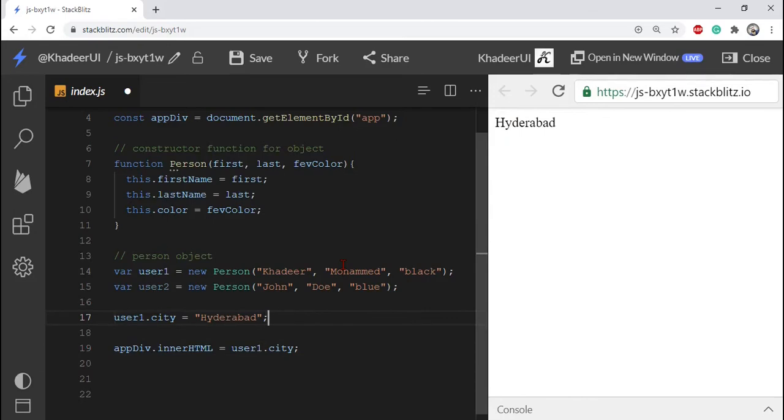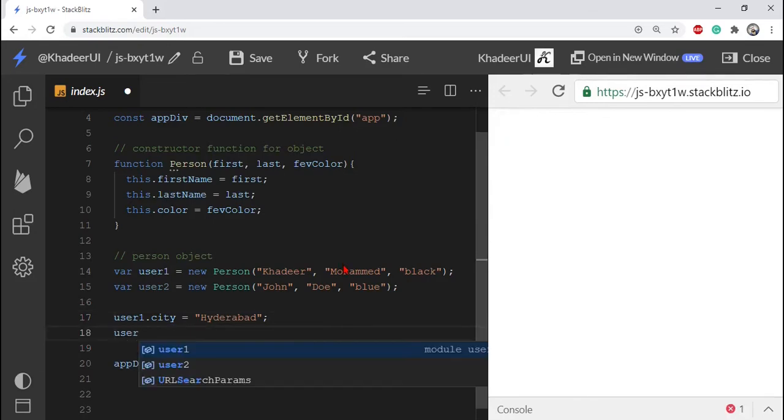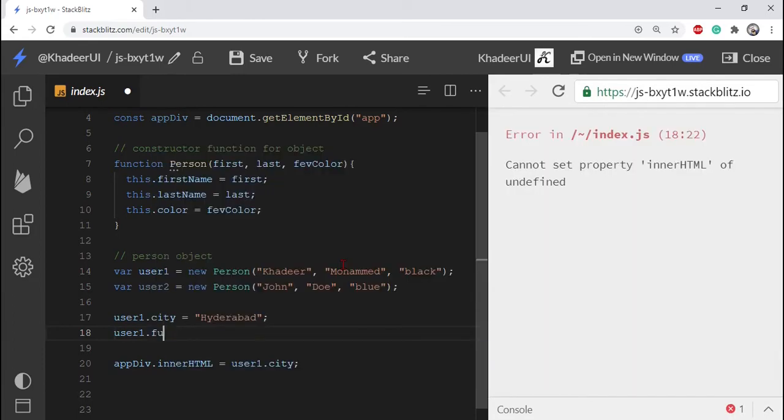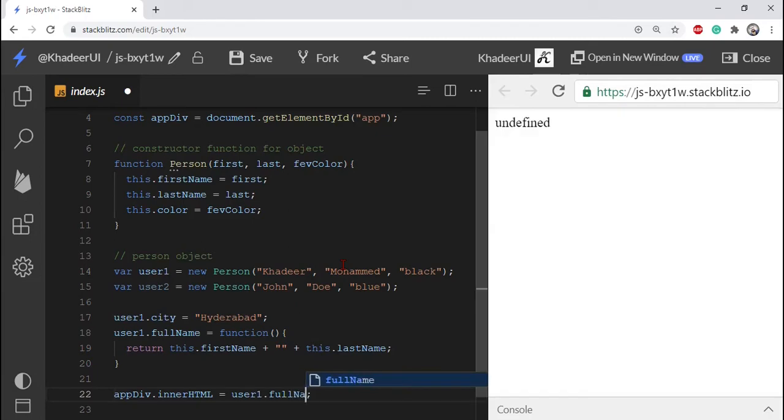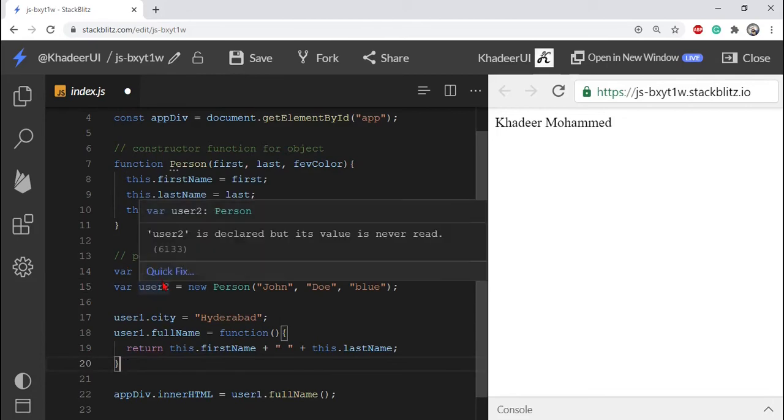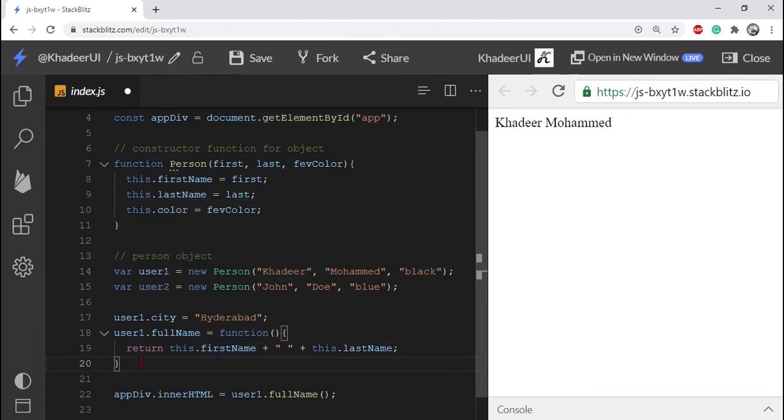I will write the method also, user1 dot fullName equals a function, and here write the full name method. It shows Khadir Muhammad. I wrote user1 only, not user2, so you write it for each object separately.